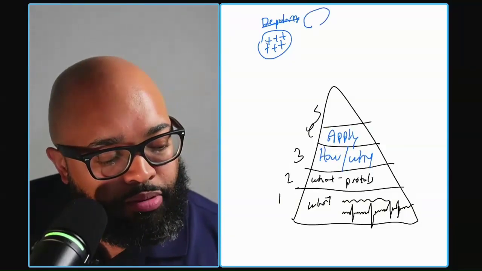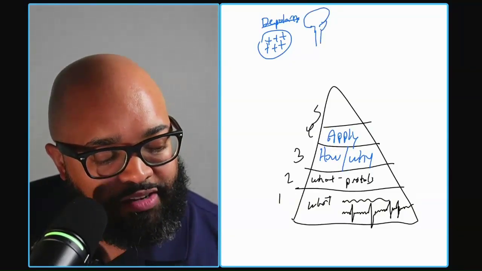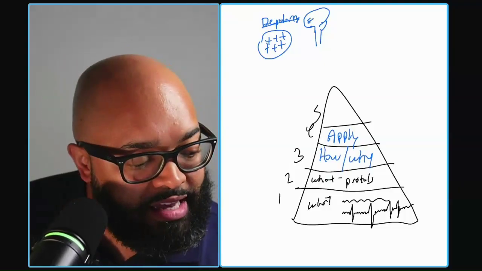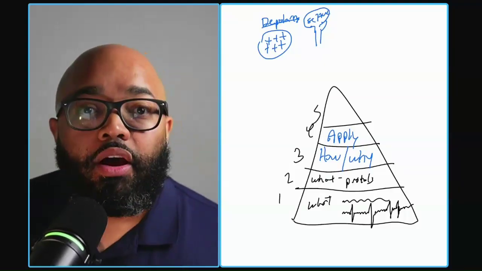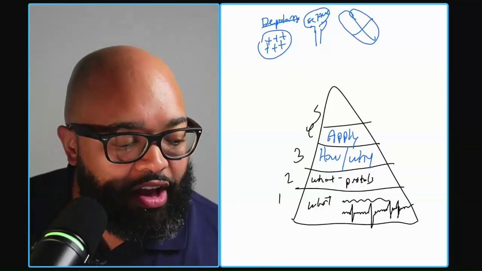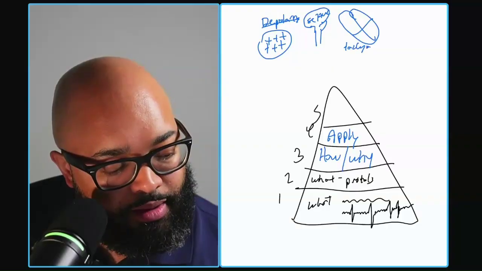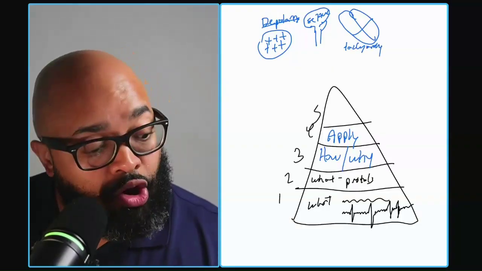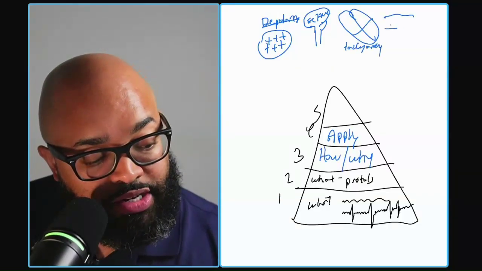But let's say I go up in the brain and I have too much positive stuff going on. What do we call that? That's called a seizure. Now, what if I go into the heart and I have too much depolarization? What's that called? That's a tachyarrhythmia. What if I go into a muscle? Let's go into a muscle.